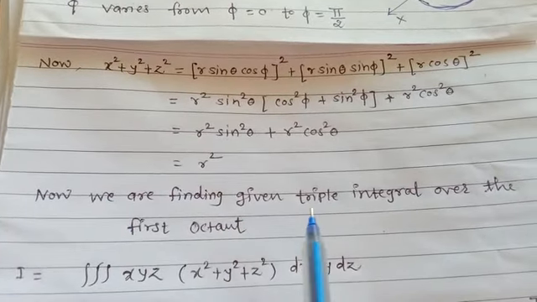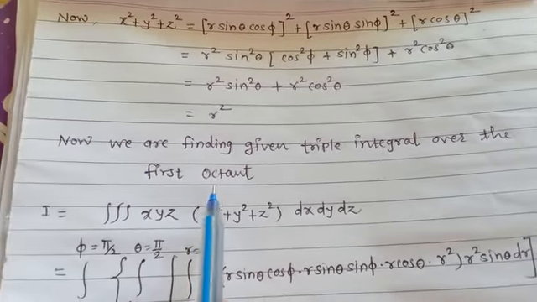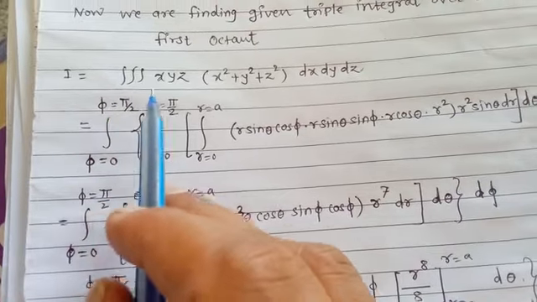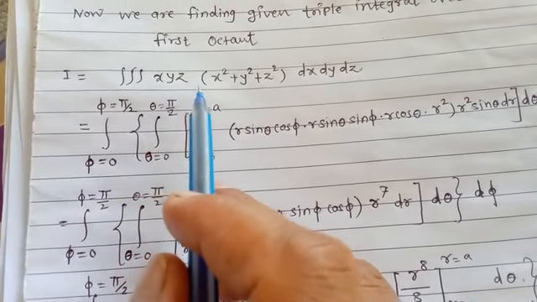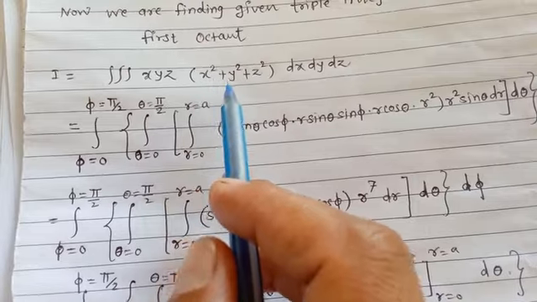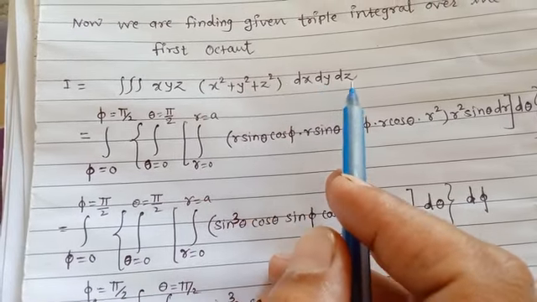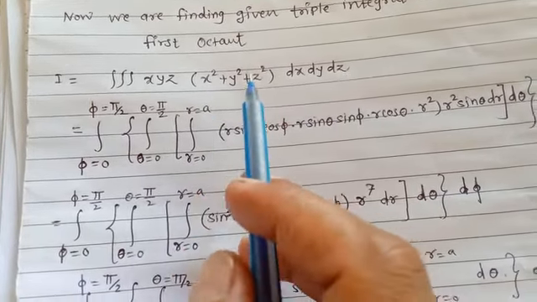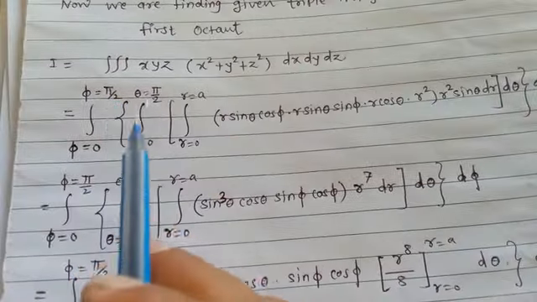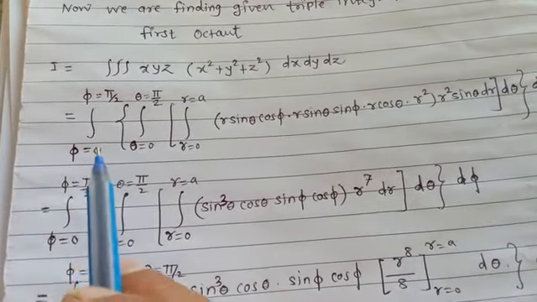Now we are finding our given triple integral over the first octant. Therefore I equals the triple integral of xyz times (x² + y² + z²) dx dy dz. That is our given triple integral. Now after converting our system into the polar coordinate system, that is spherical coordinates,